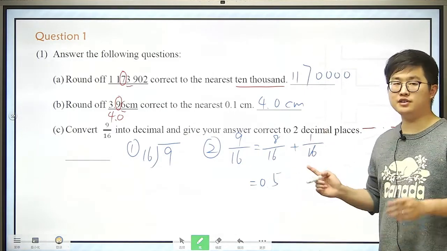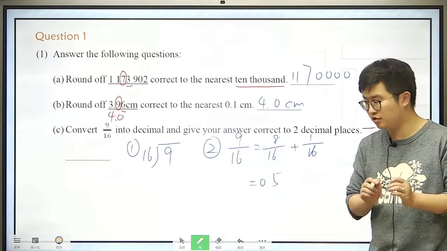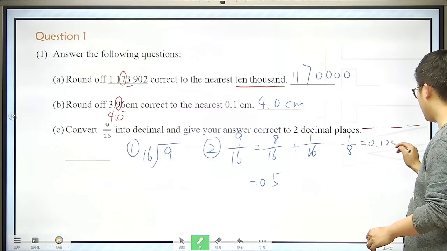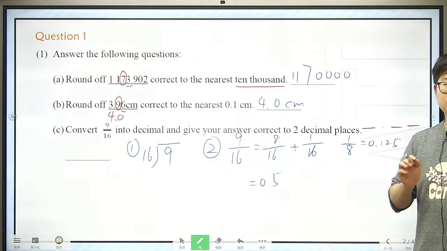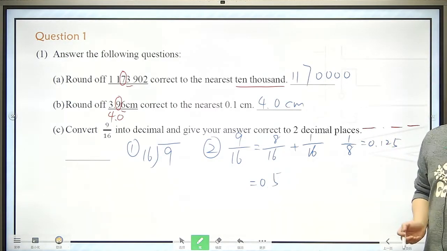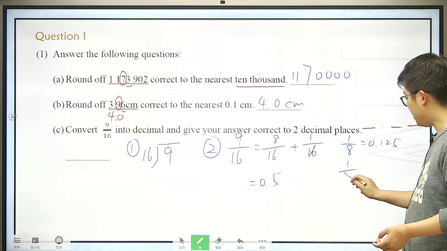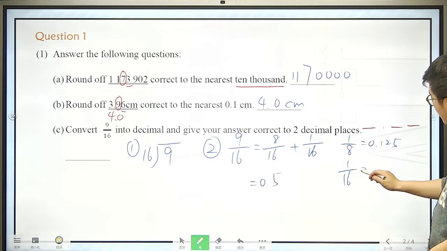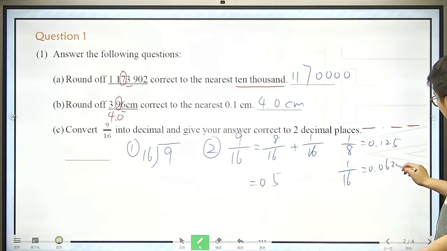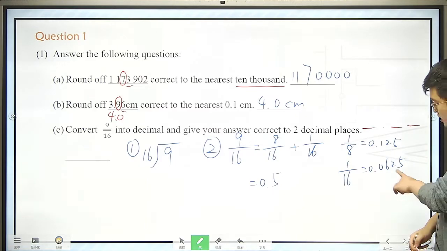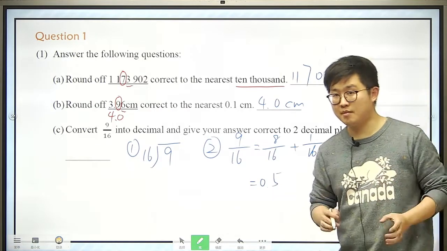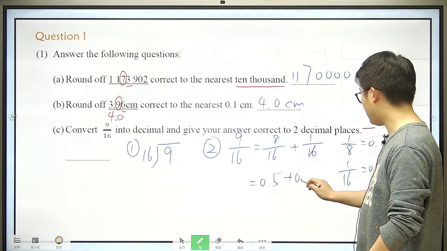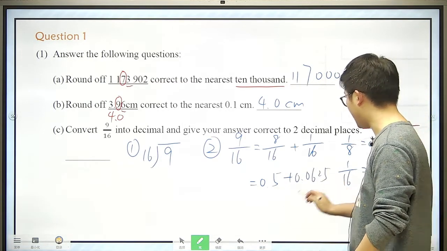And 1 over 16, this is a little bit more difficult, but we know that 1 over 8 would be 0.125. I believe you all remember this. So 1 over 16 is half of this, and it will be 0.0625. This number here is worth remembering. It's the half of this. So we just add it here, 0.0625, and it goes to